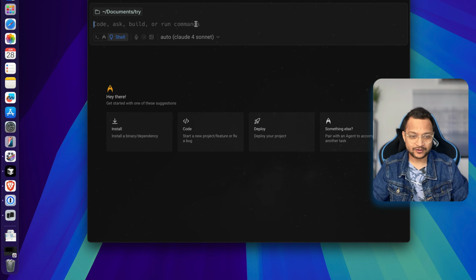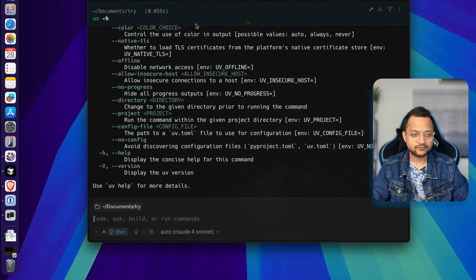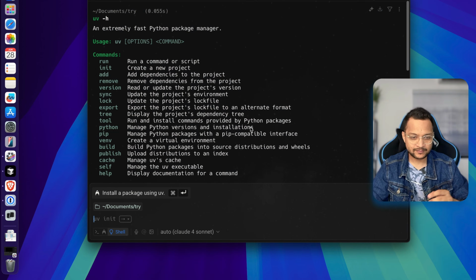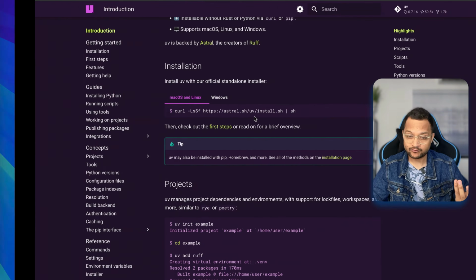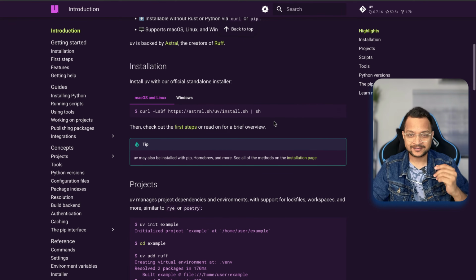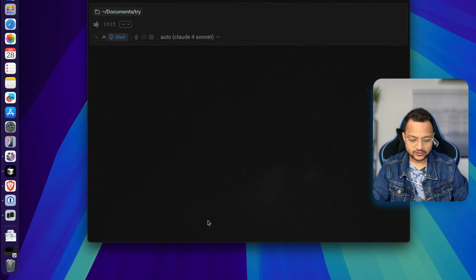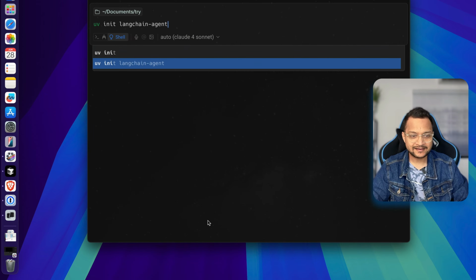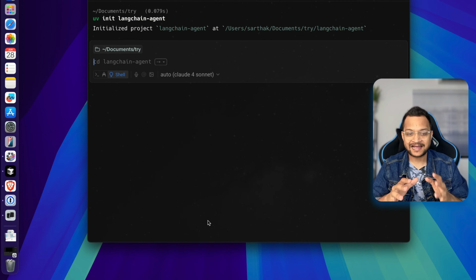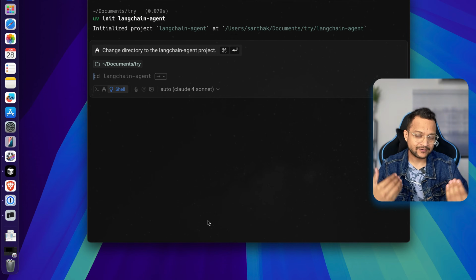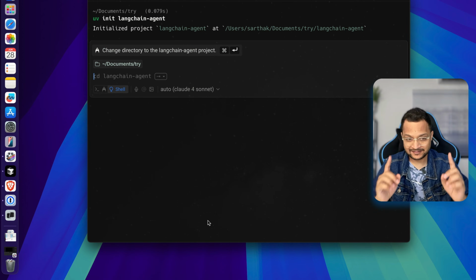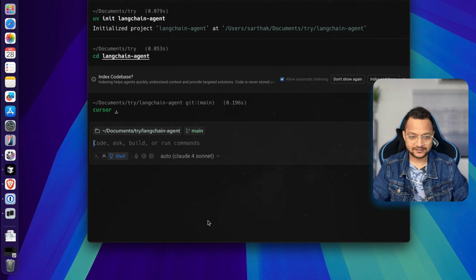So I'm here on my terminal, which is Warp I'm using. It's really nice. Try it out. So if you have UV, if you say help, you get the help. If not, you're getting command not found. That means your UV is not yet installed. Okay, let's get back here, and first of all I'll say uv init, and then I'm going to use this langchain-agent. So it's going to create a directory with a bunch of files. Let's see. So first of all, let's go to the langchain-agent, open this with Cursor,